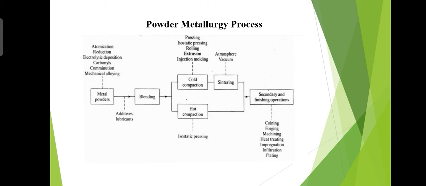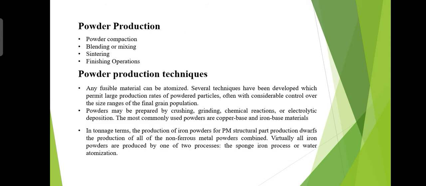And the powder size and range distribution is important to the end user in many ways, such as direct impact on finished product quality, ease and efficiency of filling a die, and wide size distribution allows voids between large particles to be filled with small particles. And these are the powder production techniques.